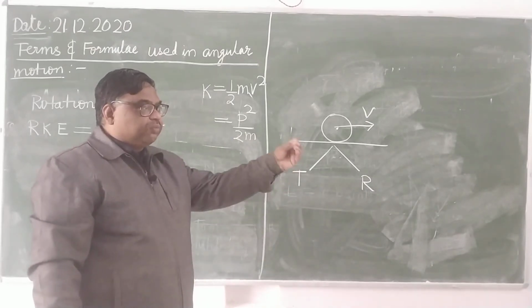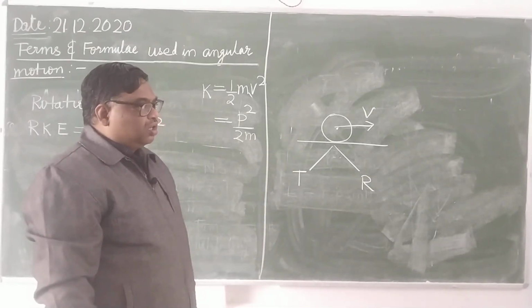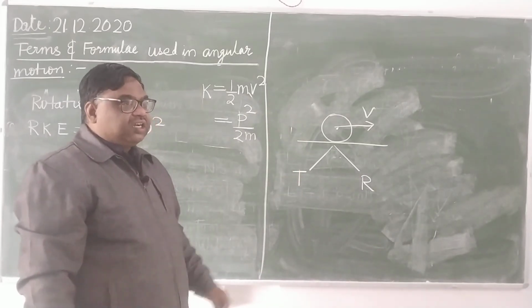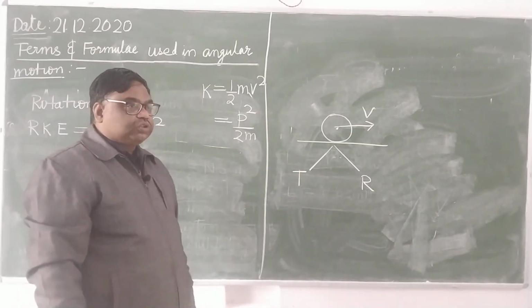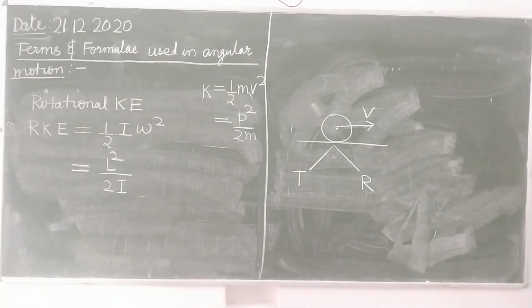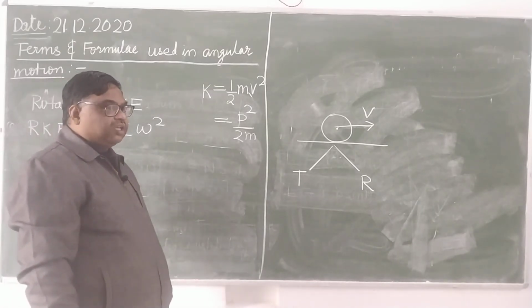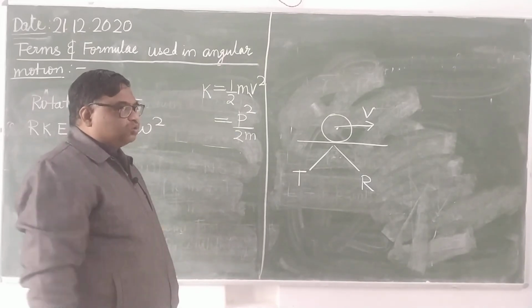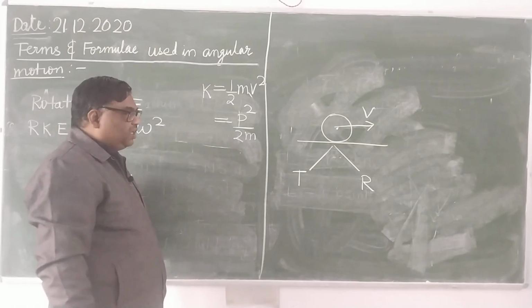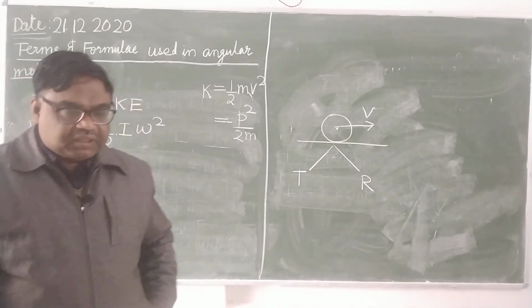But if you see the motion of the door, which is fixed at the hinges, it is rotating about the hinges. It is not performing linear motion. It is not performing translational motion. The particles which are constituting the door, the particles which are constituting the body, they are performing linear motion, but the body on the whole is not performing any linear motion. This I have explained by this example.